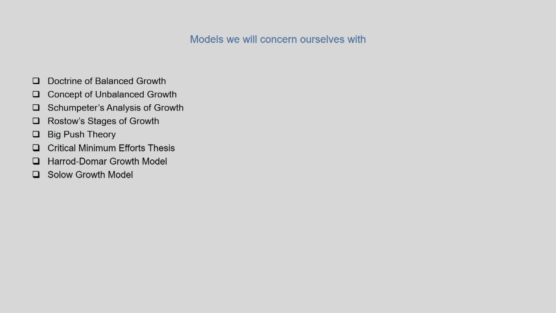Let me give you a brief idea about what we are talking about in the context of balanced growth models. To remind you, in the 1950s, development thinking concerning economic growth, or the valuation of economic growth in terms of growth in national output, is at the heart of what we understand as balanced growth. There were a number of economists who were talking about ensuring that the economy takes the path of balanced growth and not unbalanced growth. What the doctrine of balanced growth was is what we will try to understand in the next few minutes.